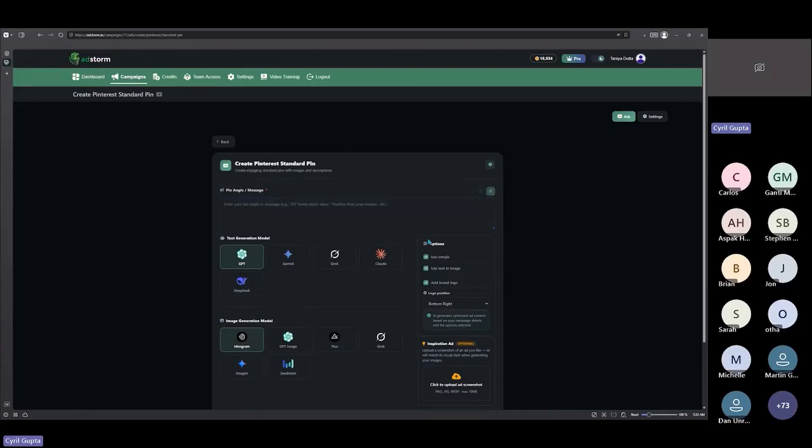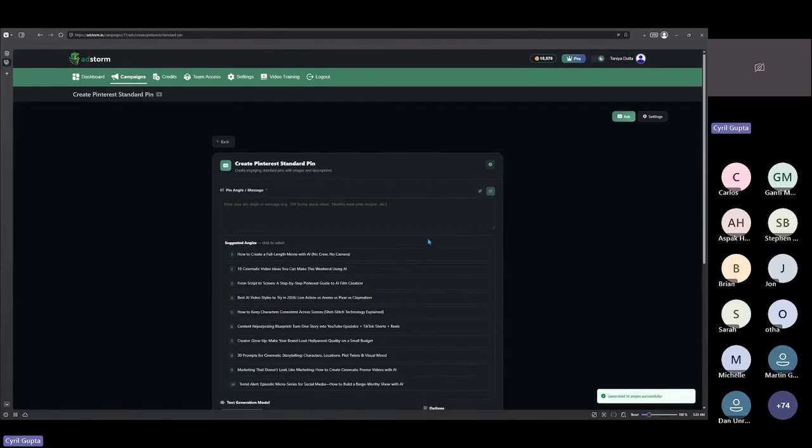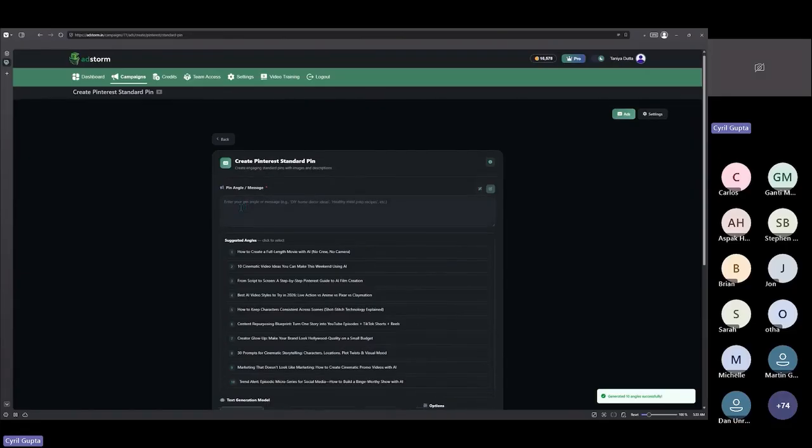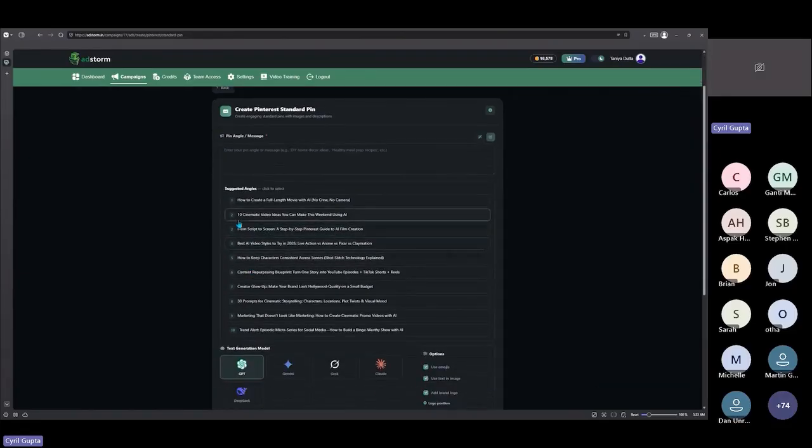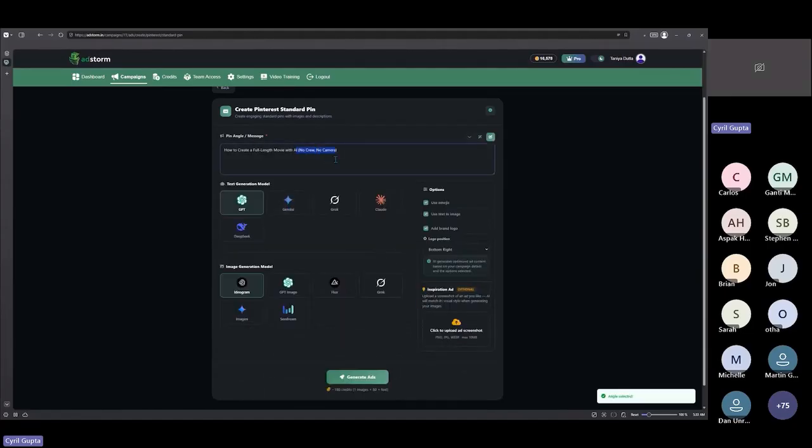Click a button, and based on the product that you've put in, Adstorm is going to pull that data up, put it in context of the platform that you're targeting, and give you the ideas, the angles that you can use in your ads. Like this one, how to create a full-length movie video with AI, no crew, no camera. Best AI video styles to try in 2026. How to keep characters consistent across scenes. So I'll go for the first one, how to create full-length movies with AI.